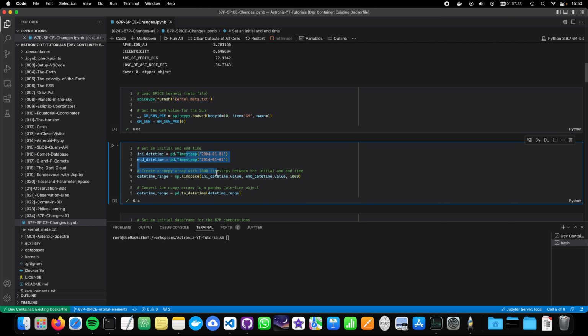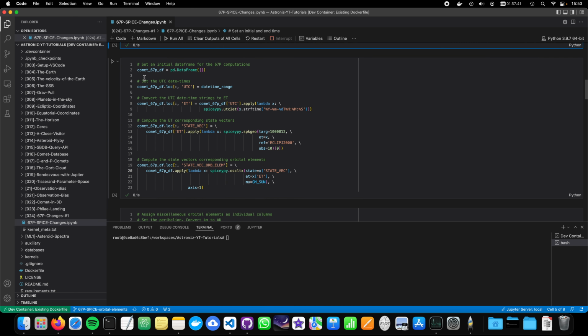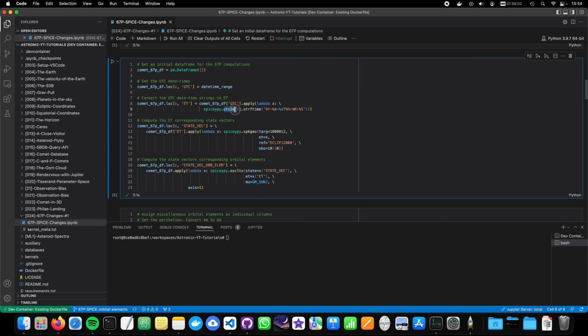Our SPICE kernel, well, let's see if the values change in this 10-year time frame. Now here, let's go to cell number 6, and here we are creating a data frame for Churyumov-Gerasimenko. We create a column called UTC in line 5, where we put the datetime range, and then we correspond a second column with the corresponding ephemeris time using the SPICE function UTC to ET, and then afterwards we can simply compute the state vector of Churyumov-Gerasimenko for each ephemeris time, so